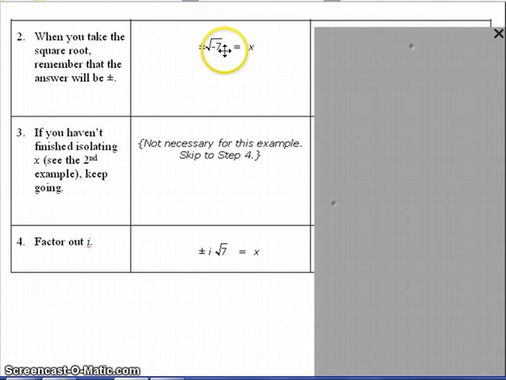So I'm going from here. I'm factoring out the negative 1 as i, and I've got plus or minus i root 7. So